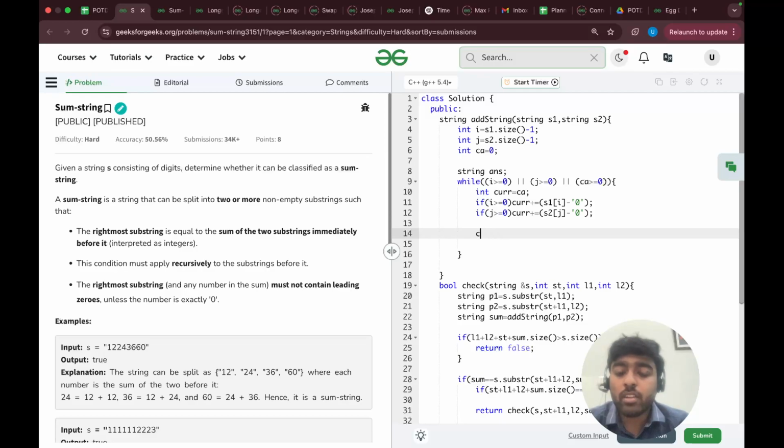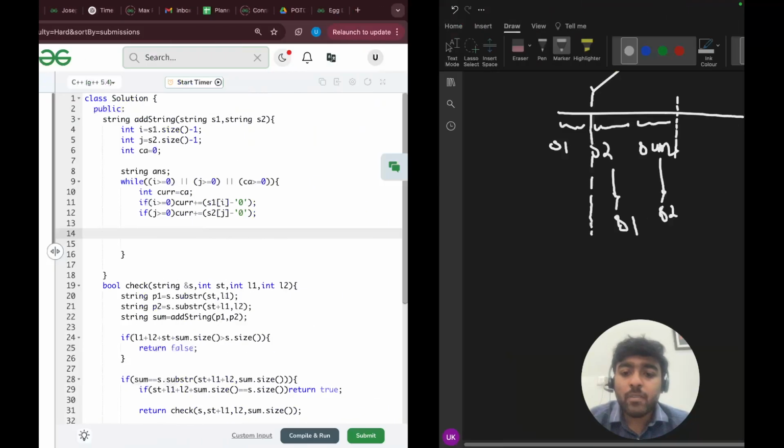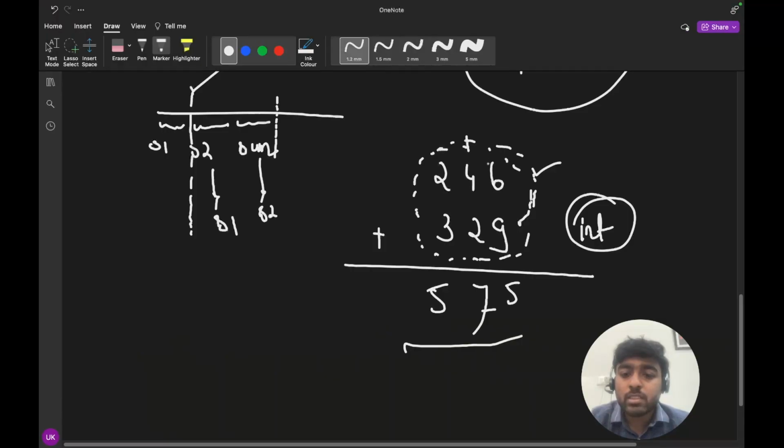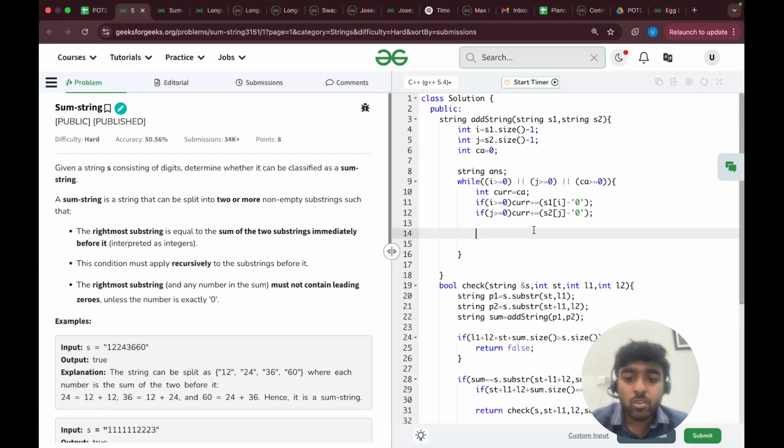Now I will add, let's suppose 6 plus 9 is 15. So I just write 5 in our answer and make 1 the carry. So this 5 is the remainder. I will do answer plus equal to current modulo 10.